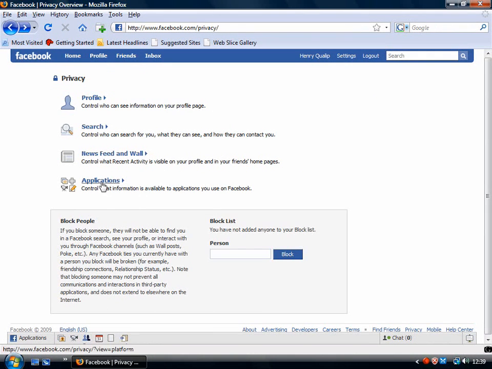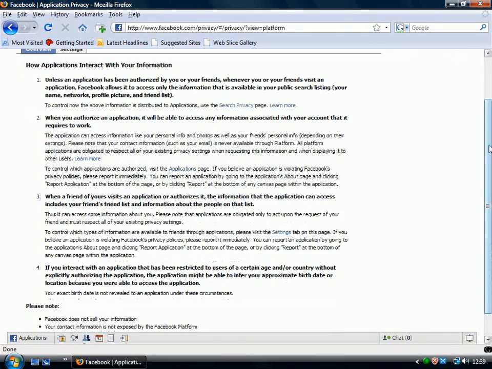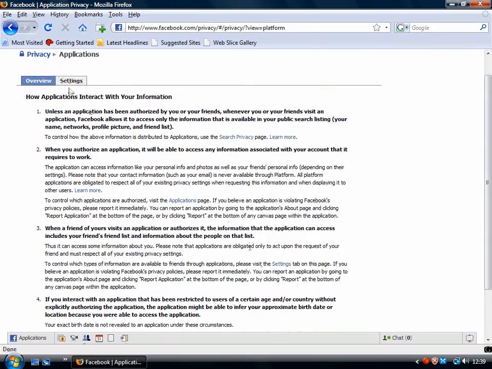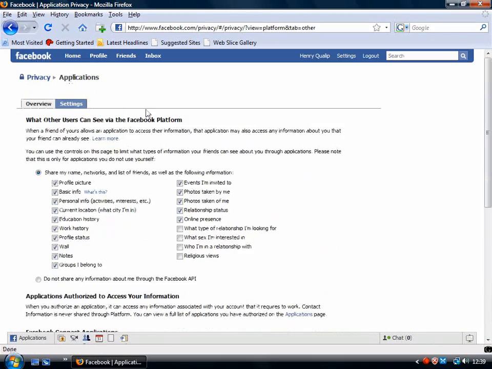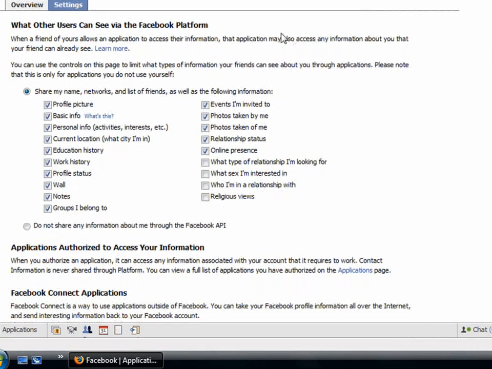And now the last section is about applications, and this one also I think is quite important. You can read the detail about it here, about all the detail of what goes on. But I think the important thing to remember is that